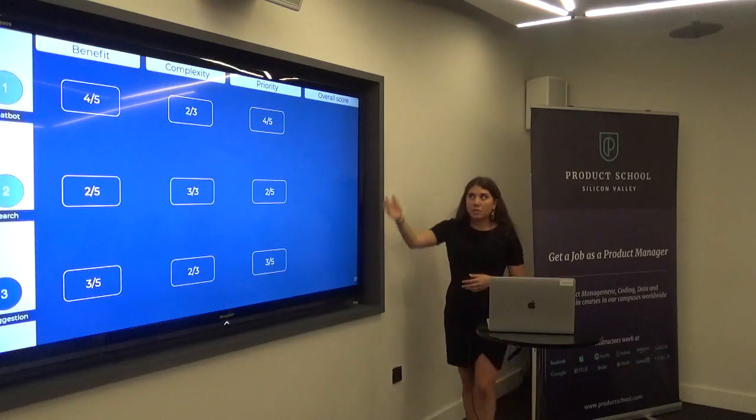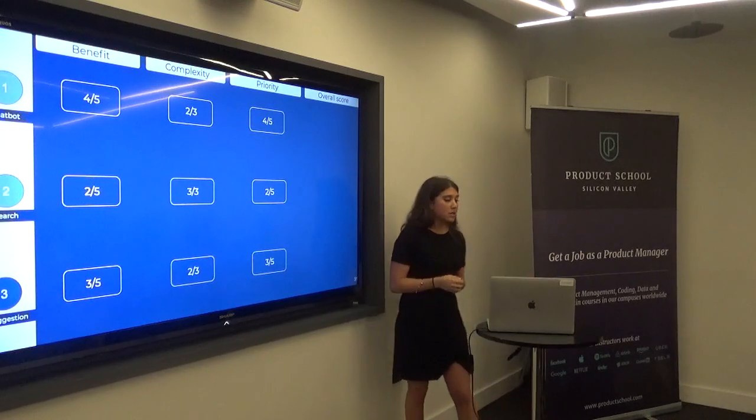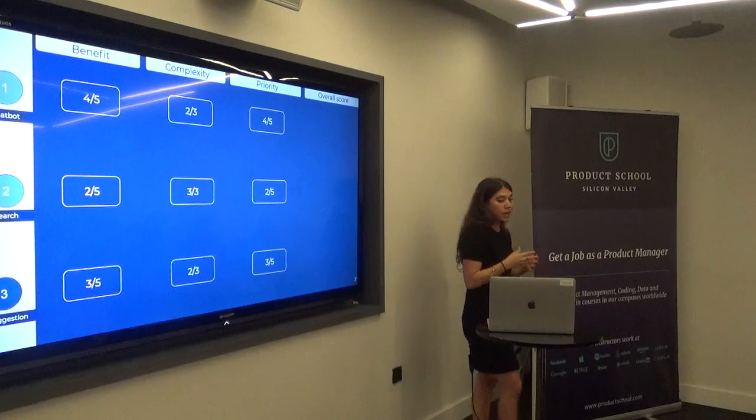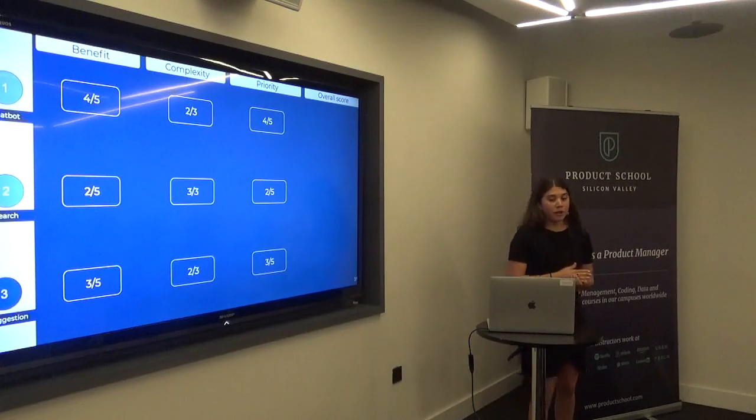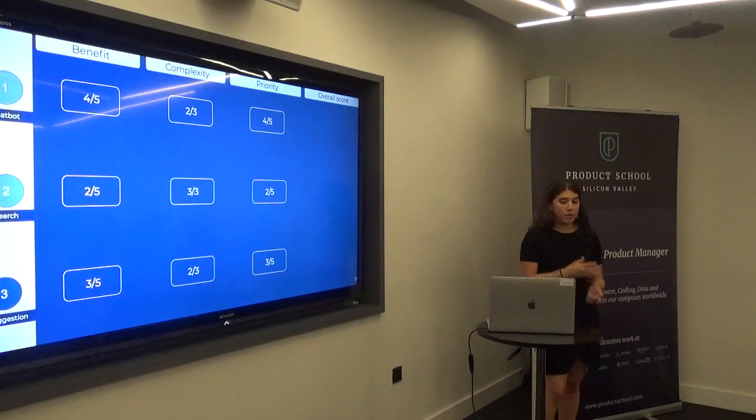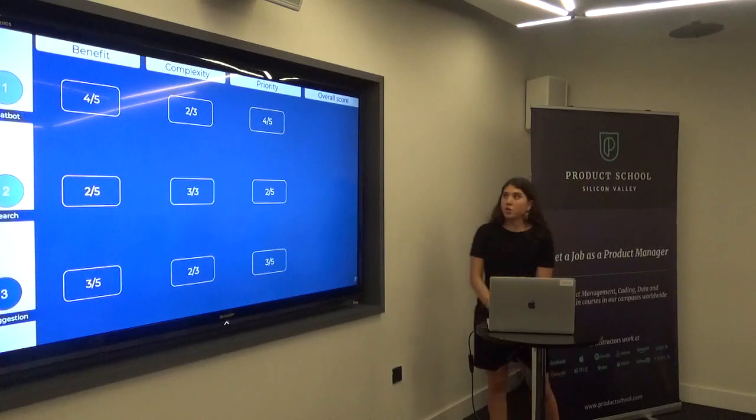And again, as I mentioned previously, with the priority level, this is going to seriously impact things. If you're working in a company where getting something live is extremely important, it trumps all other benefits. That's something where you can adjust your weighting.